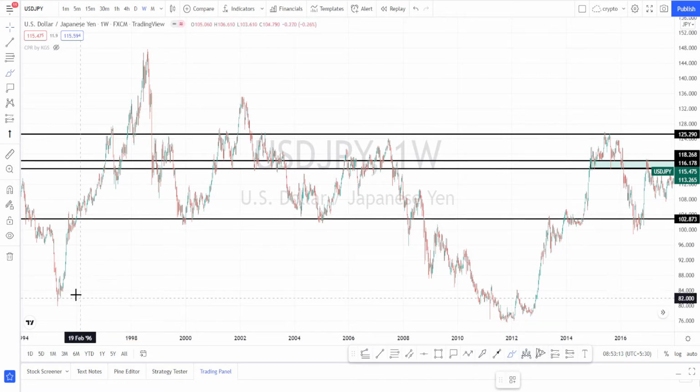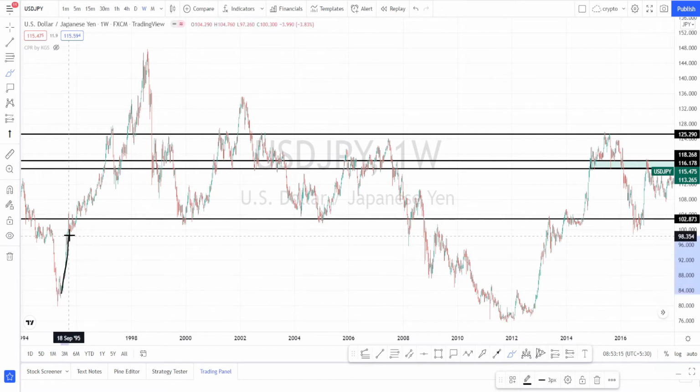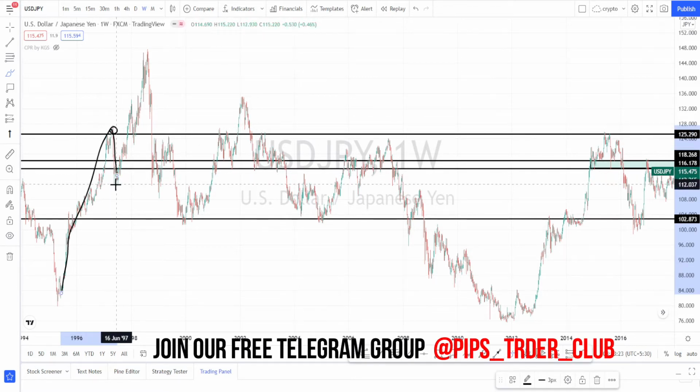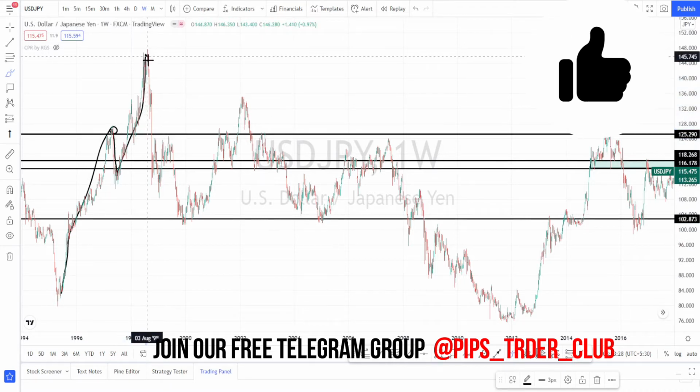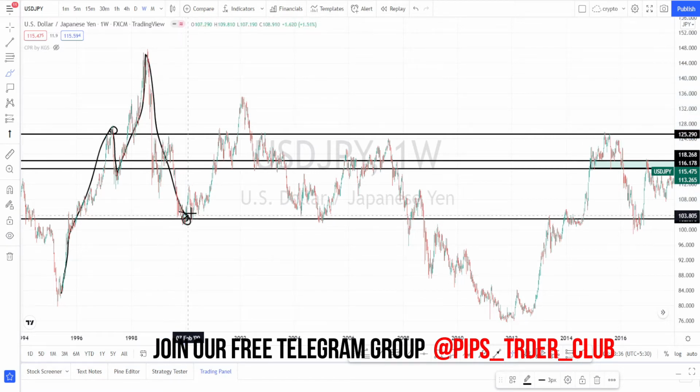I am in weekly time frame now. Here when we notice the price action, it was on a very nice bullish trend. The price got rejected at this level and retracement happened, but still the bullishness was there. Again it started its bullish trend. Then it retraced to the previous low. Again at this level it took support and started its bullish trend, but when we look at the bullish rally, it didn't have enough bullishness to retrace back to the previous high. Then the trend reversal happened and took support on the previous support level.